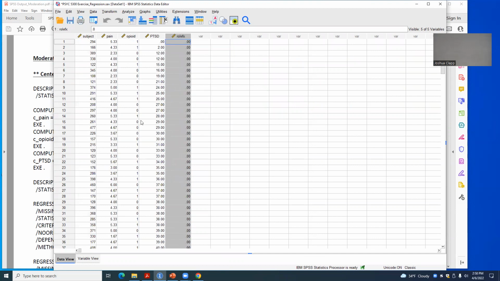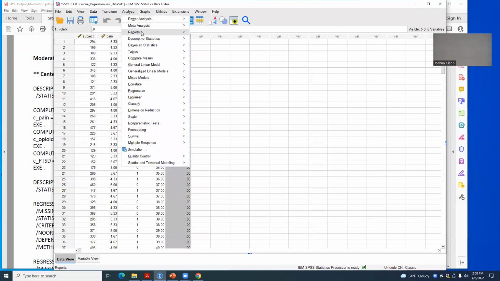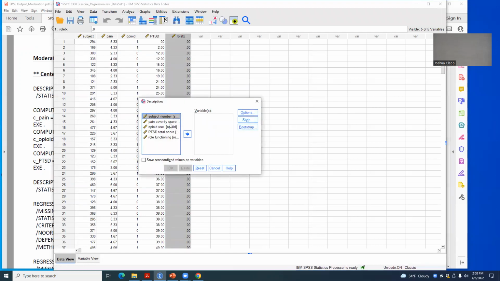Know that we don't have any weird values here. Okay. So what we're going to do is start by centering these data. I'm going to go to analyze, descriptives, and I'm going to go through and